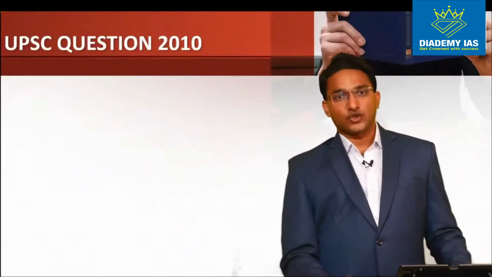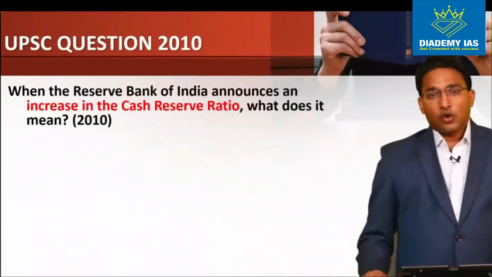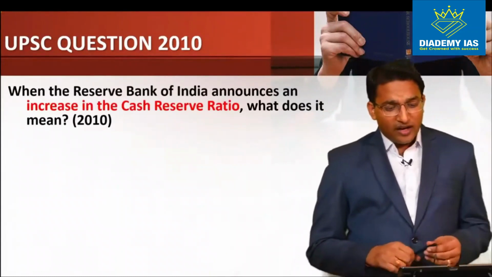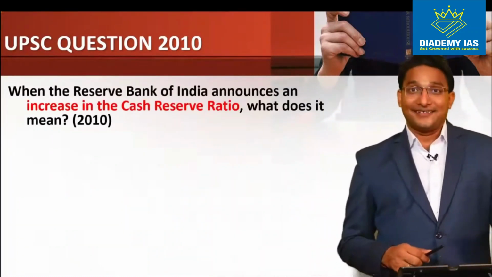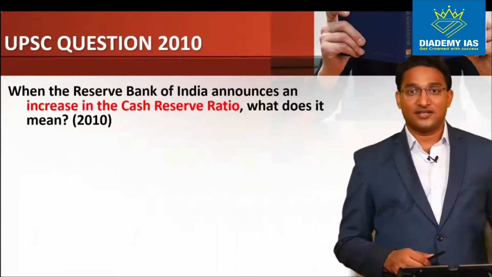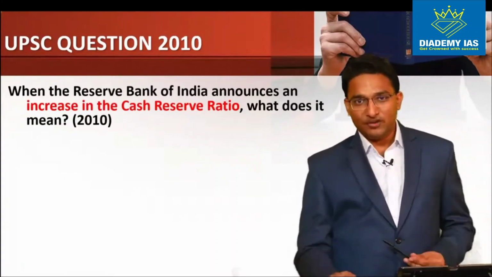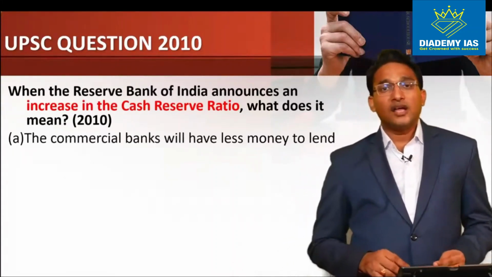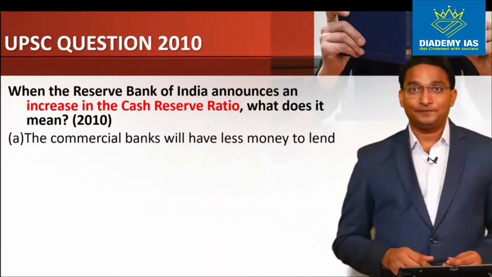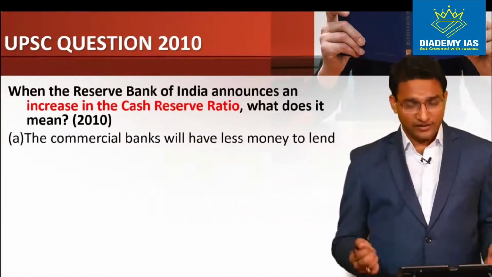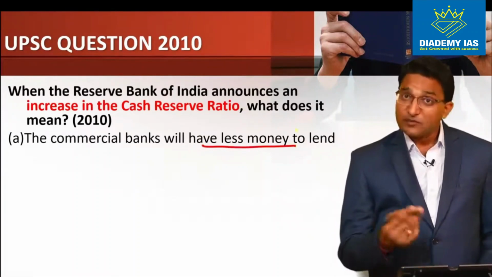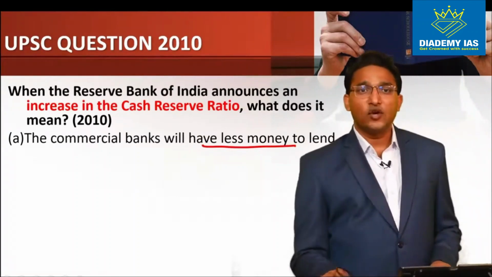Now let us see the UPSC question. The question is, when the Reserve Bank of India announces an increase in CRR, the situation that we just discussed, what does it mean? Very simple question. Number one, the commercial banks will have less money to lend. Yeah, this is very true. They will have less money to lend. We just discussed. Second option is,